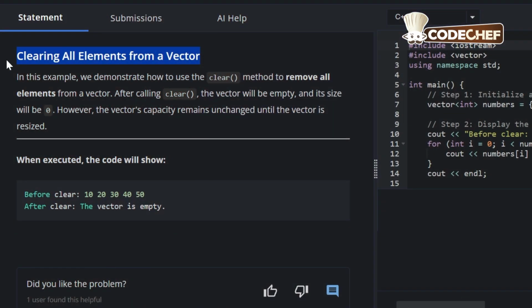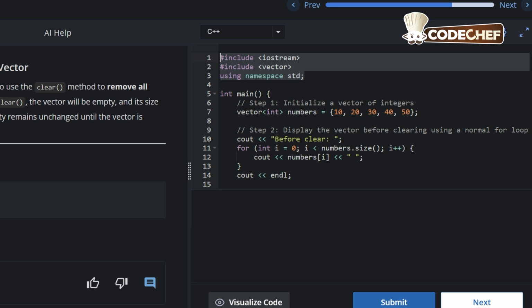The program objective is clearing all elements from a vector. The expected output is "Before clear: 10 20 30 40 50", and after that, "After clear: the vector is empty". Coming to the code: #include <iostream>, #include <vector>, using namespace std; then int main() { to begin the main function, vector<int> numbers = {10, 20, 30, 40, 50};